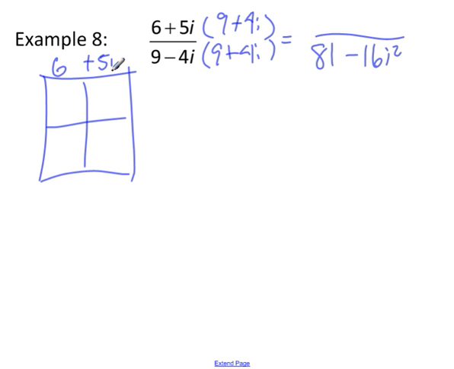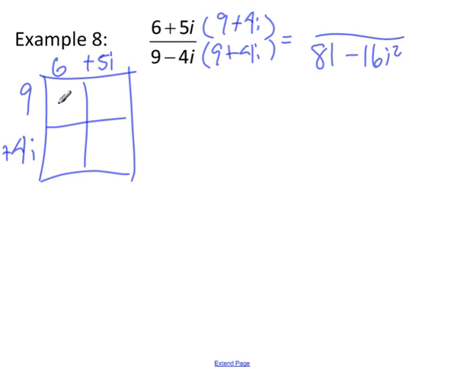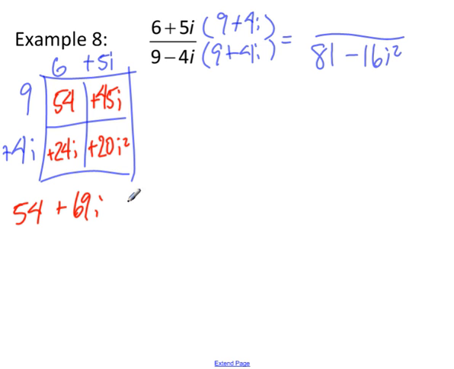6 plus 5i, 9 plus 4i. I'm sure at this point you're thinking, oh my goodness, I am never going to be able to do all this. You will. So I'm going to fill this box in here real quick. Bam. Alright, so multiplying all through here, this is what I've got. So that's going to leave me with 54. 45 and 24 is going to add up to what, 69. And then my 20i